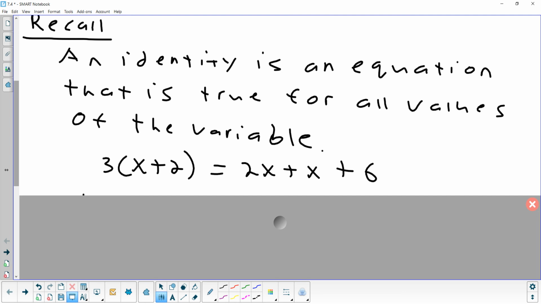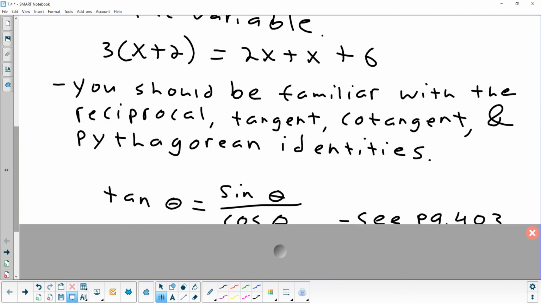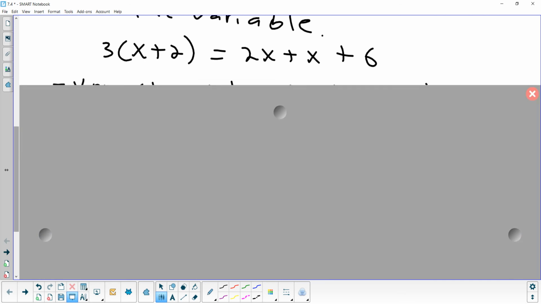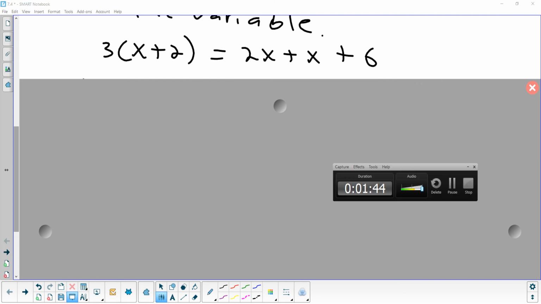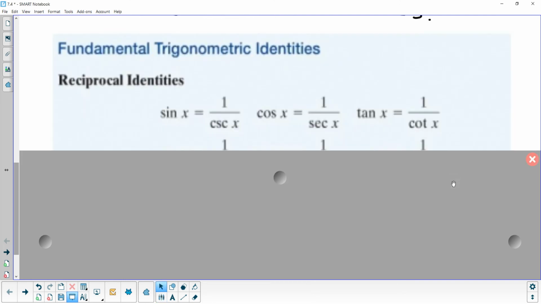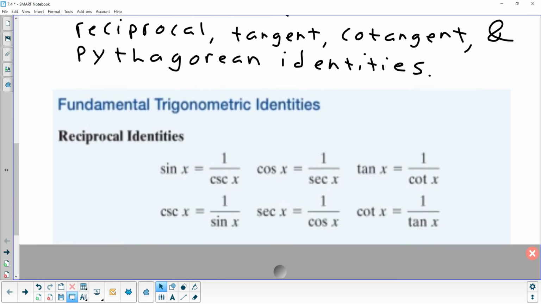Right? So maybe what's on the left here would be considered simpler because it took the like terms and combined them, and it factored out the GCF. Right? Where the right-hand side didn't do that. So there's some identities that we should be familiar with, and I'm going to put those up. All right, so these are identities that we've worked with before, especially when we have to type something in on